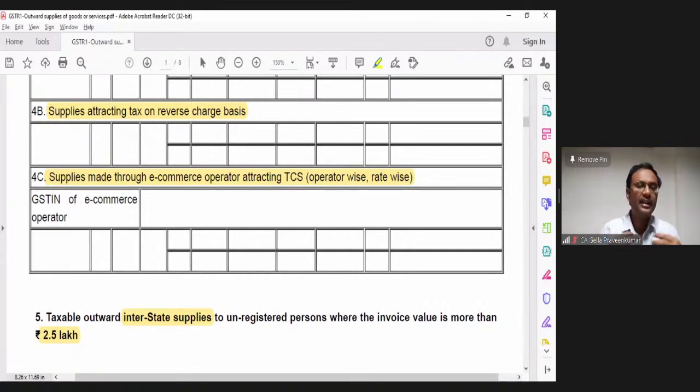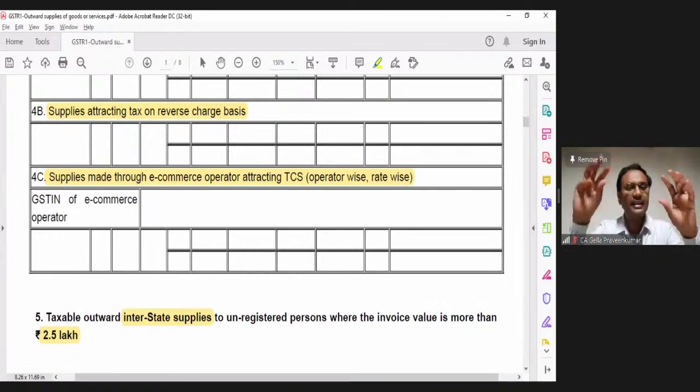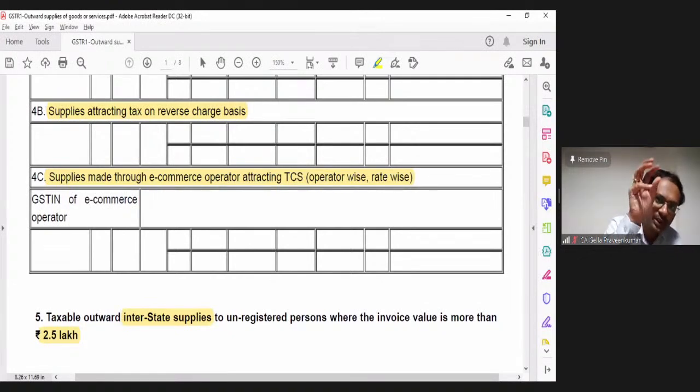Rather, I being a professional, can I spend some time? I have learned my ISACA paper. Learning that, can I do a customization? Can I do a grouping of my sales into these tables, table 4A, table 5A? The moment this particular invoice is booked, I know this is a B2B transaction which needs to come to table 4A. This is a B2C transaction where the value of supply is more than 2.5 lakh. It should come to table 5.